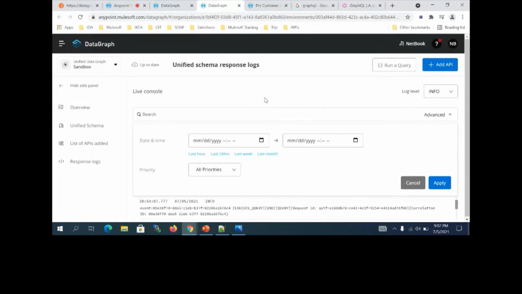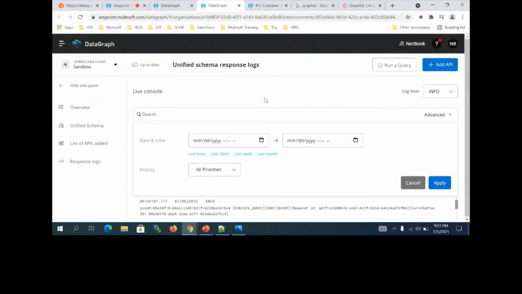Even if I need one field, I'm pulling the entire data object from the system layer. Right now the data graph is only on the experience API, but maybe in future it could be a good application for system API also.